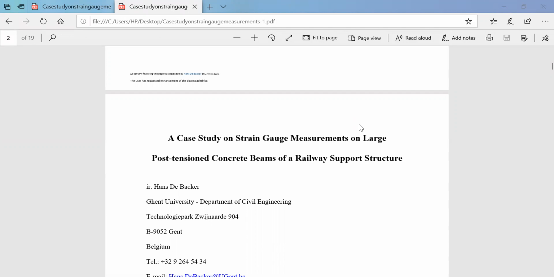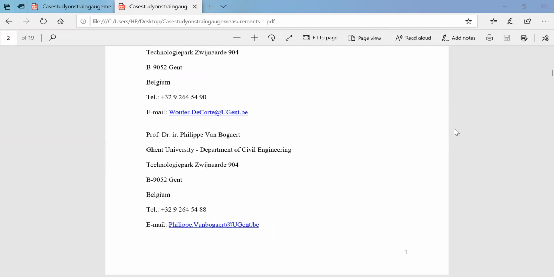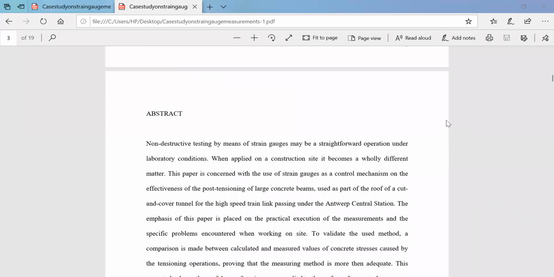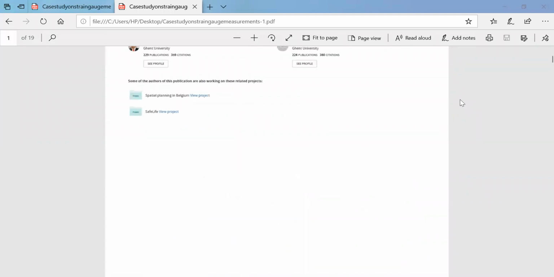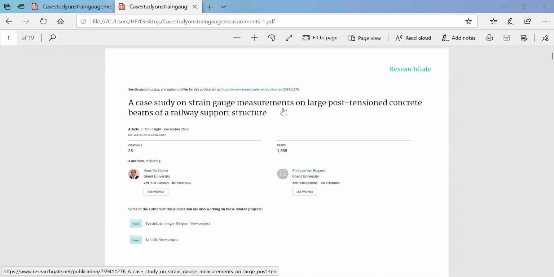So you will come to know the wide area of application of the devices you are studying, or any measuring instruments for that matter. It could be force, pressure measurement, temperature measurement, strain measurement, whatever it is. Currently we are dealing with strain gauge measurement in a project of a railway support structure, which deals with the beam structure. So how the tension that comes across in the beam is measured using our strain gauge.